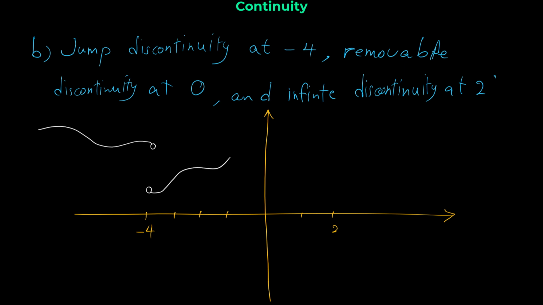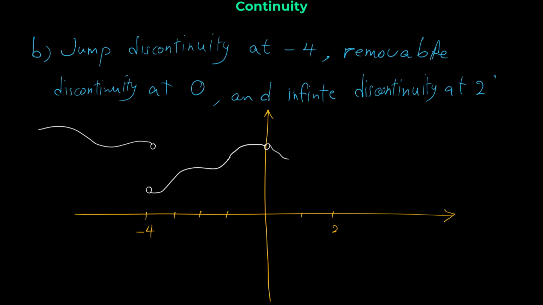We have to have a removable discontinuity at 0. Removable, if you remember from the previous question, means that we have a hole, but from 2 sides, from the left and from the right, the function is connected to that hole. It's not like a jump discontinuity. So let me, for example, continue this curve and bring it here, then I put a hole here, and then I